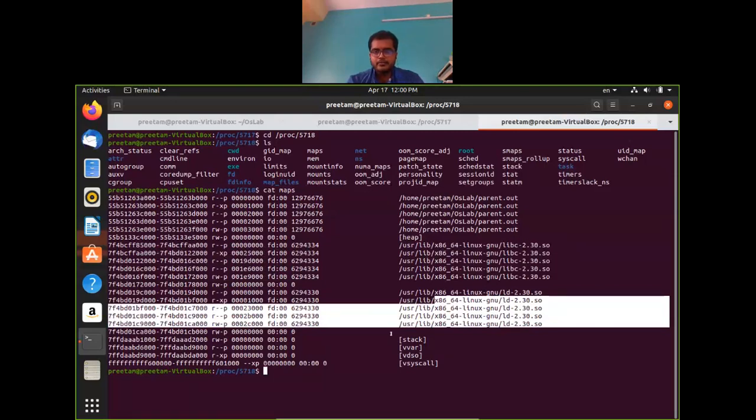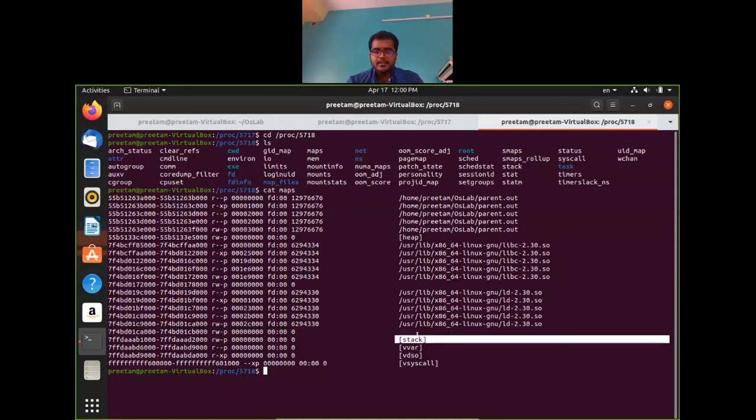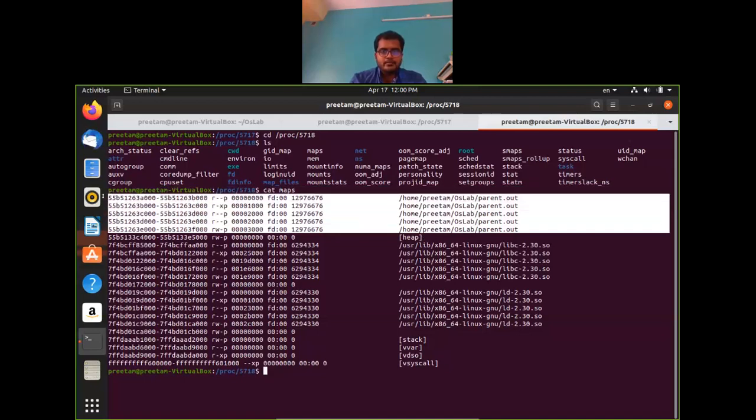You know that whenever a program is run, a virtual memory space is allocated. Within that memory space, the stack and the heap are available. You can see all the details in front of your eyes right now. You have this heap, you have this stack, and all these things are here. So if we concentrate, we will now get into some details.